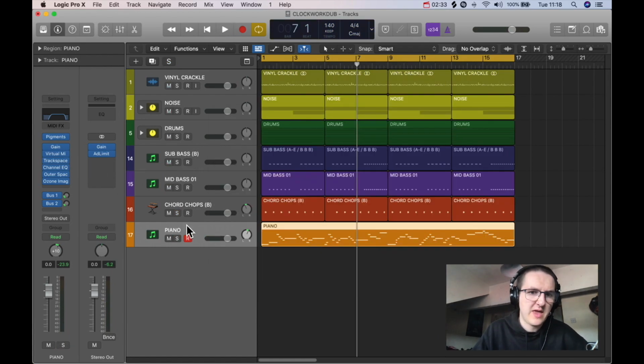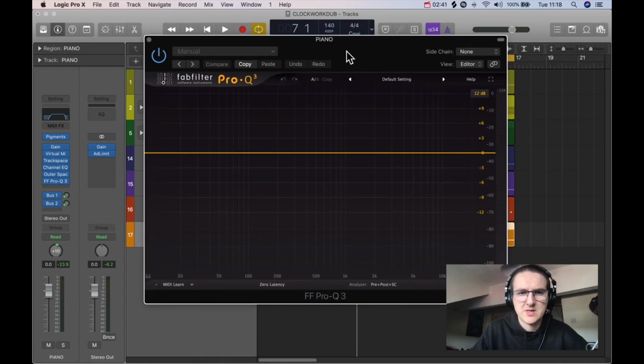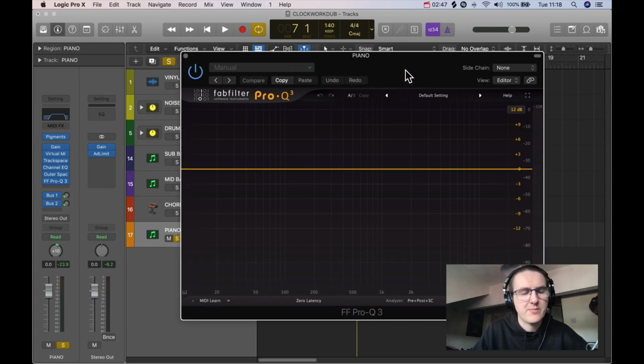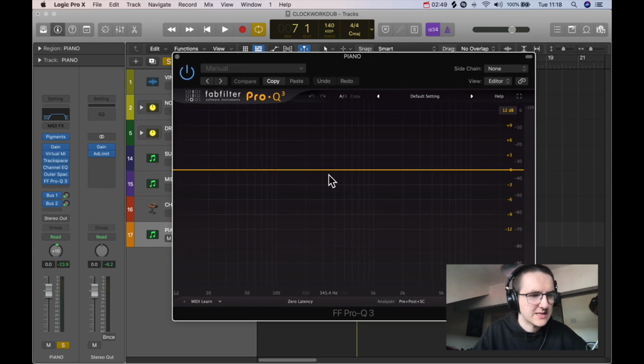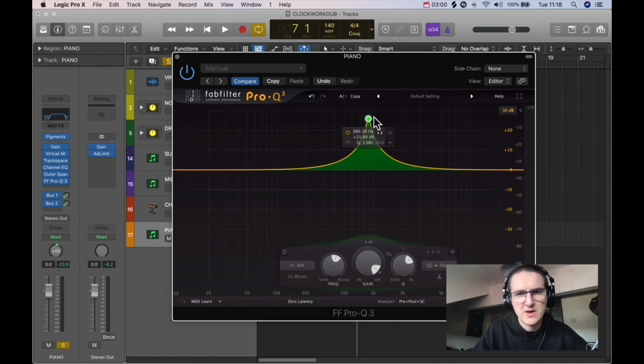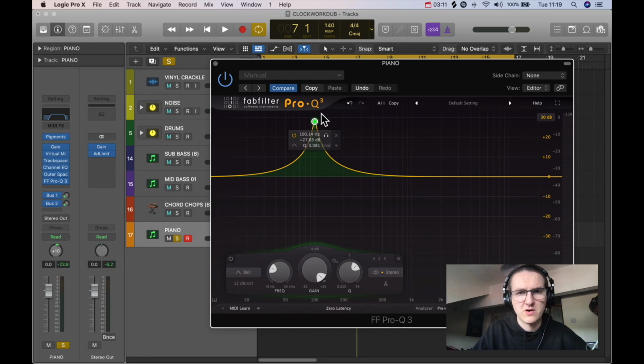Another thing you can do with EQing, and I hear some people saying it's good and some people saying it's bad, but I do it sometimes, I just don't go too heavy with it. If you want to clean up audio and you think there may be some frequencies in there that aren't so pleasant to the ear, you can do this technique where you create a pinch like this, an extreme high pinch, and then we can sweep this across, and it's much easier to identify areas of the frequencies that aren't as nice to the ear. So if we just listen to this piano and go across,